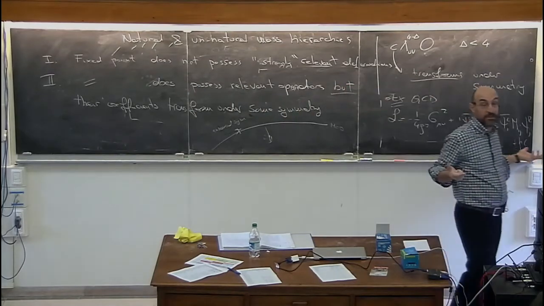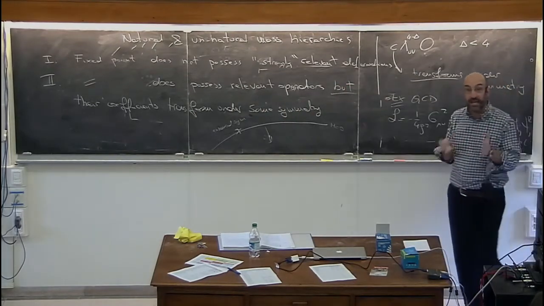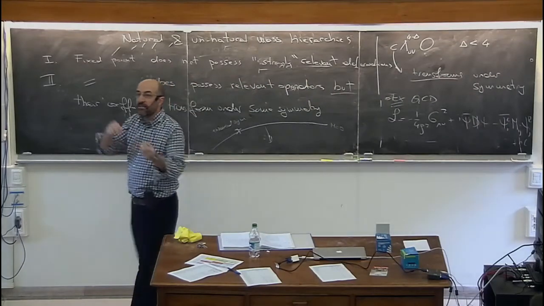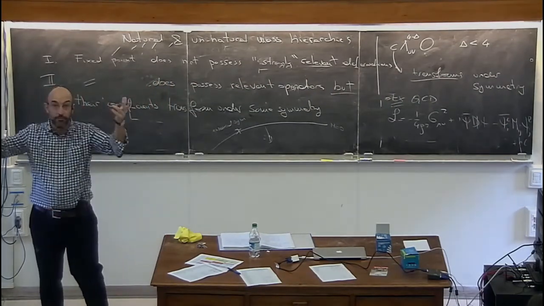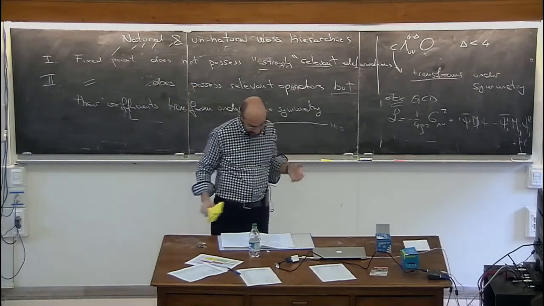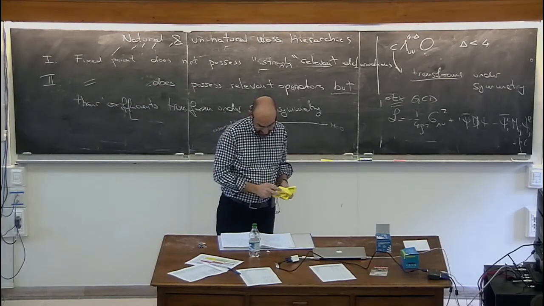They're coming from irrelevant operators. Maybe the wrong explanation, but it gives you an example of how a symmetry of the low energy theory can be understood as an accidental symmetry in the full picture. Okay? And another example of that, which is very similar, is